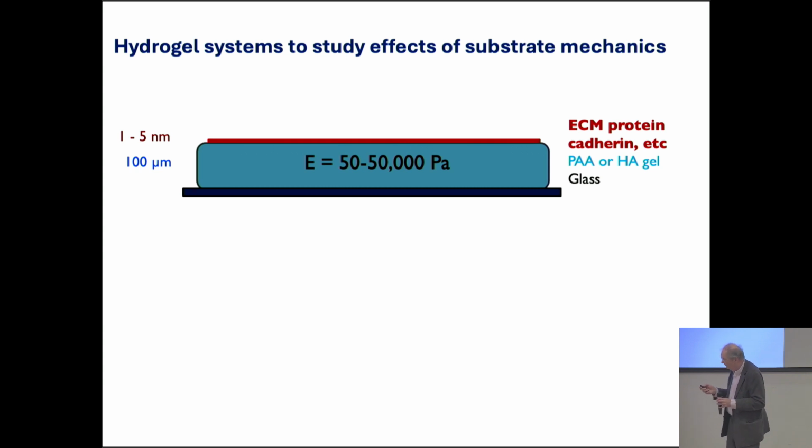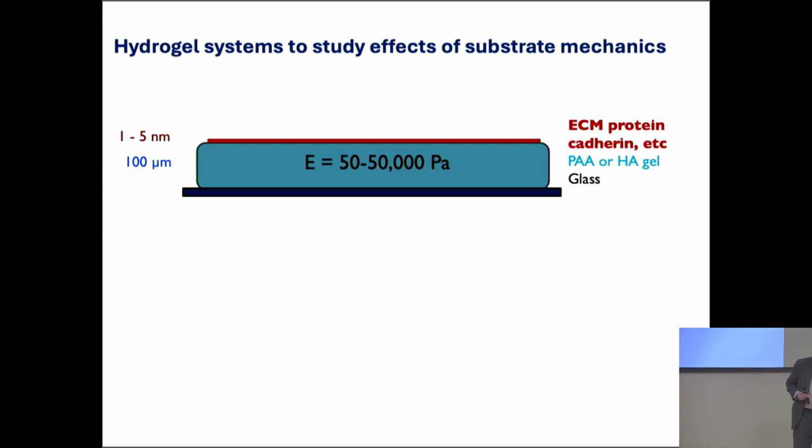So a common thing that is done is to replace growing cells on a piece of glass or plastic: you put on top of the plastic surface a small hydrogel that has the same elastic properties as the tissue you're trying to study. There are many soft materials you can make that span this range from a few hundred Pascal to tens of thousands of Pascal, which gives you everything from the stiffness of the brain to the stiffness of a developing muscle. Then you put the cells on top of that and see what happens.